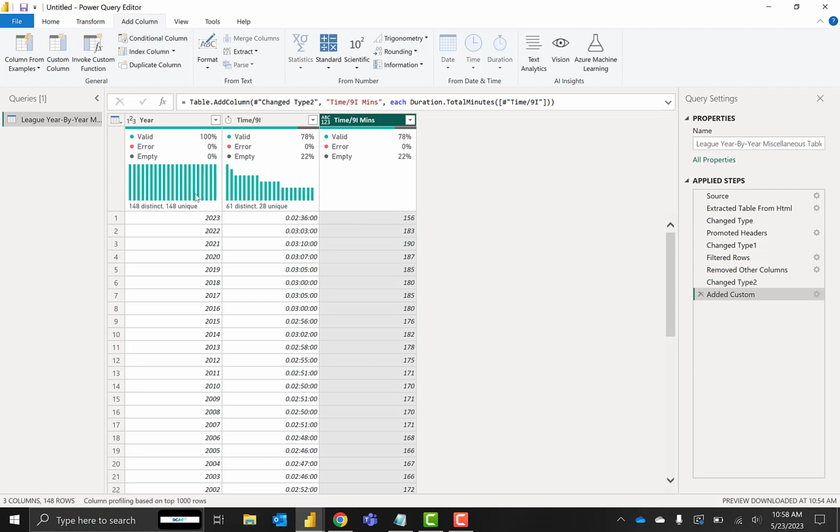And one note while you're doing this, the published version will say 157 minutes, given that we're still in 2023 and some games were still happening as I was making this. Your 2023 number may be a little different, and that's fine. So now I've got minutes, and because the